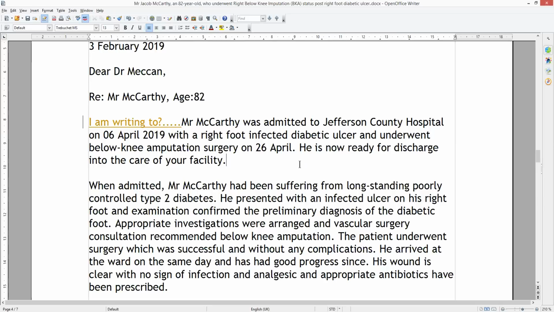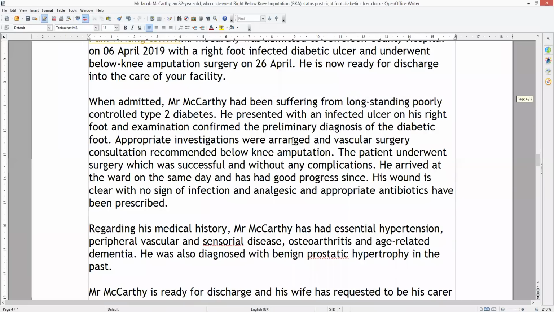I'm writing to request, writing to refer, writing to inform, writing to advise. What is it you're writing about? Why are you writing this? Okay, when admitted, Mr. McCarthy had some long-standing poor control of diabetes, with an infected ulcer on his right foot,